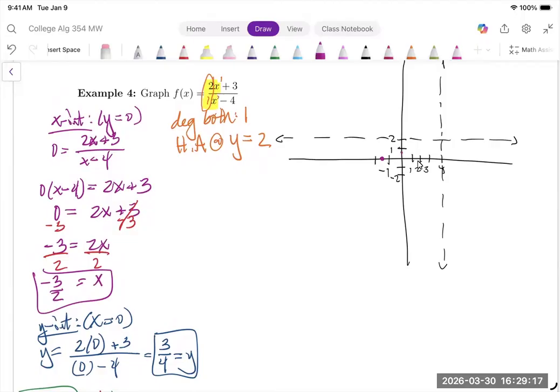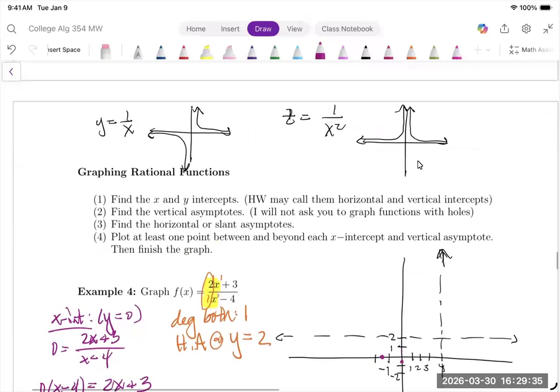Oh, negative, no wonder. Hang on. Y'all were probably screaming at me when I didn't have that negative. Negative 0.75, so here. And then since I know that my parent function is some kind of boomerang situation,